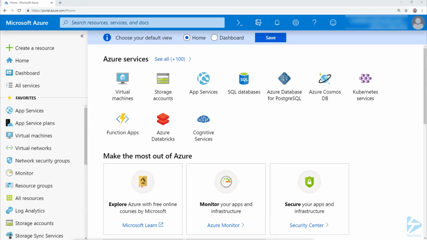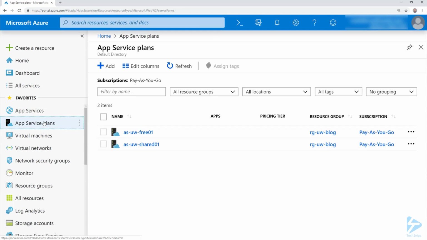Creating a web app in the Azure console is really quite simple, but there are a couple of things we need to set up before we do this. So in the Azure console here, if we go to App Service Plans on the left-hand side, or if you don't see it, you can go up to All Services and search for it there. So if I go into App Service Plans, we need to first create a new App Service Plan for our